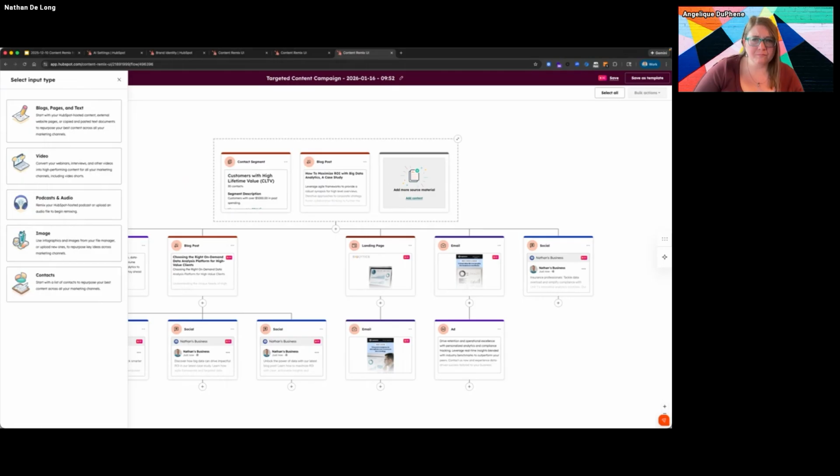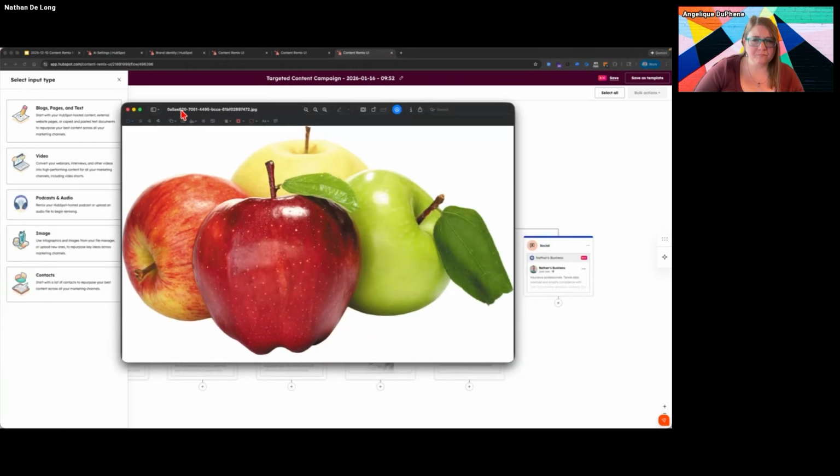One thing I would try to be really clear with people about is, when you are putting those base asset types into your remix, like my apples, it is not going to say, oh, exactly this image, or exactly this video is what I'm going to put into the content that I create. That is not exactly how Content Remix works.